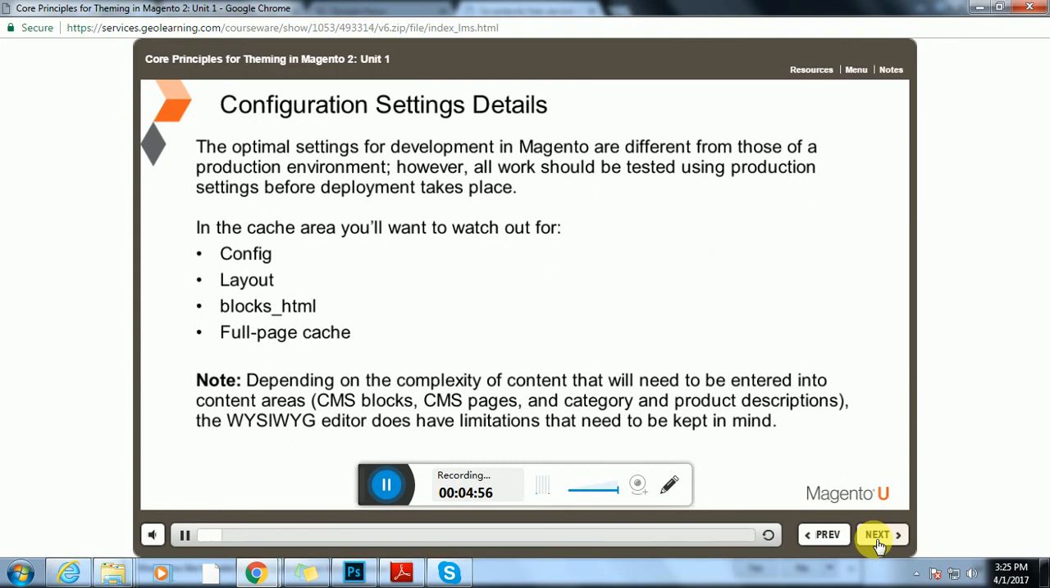Best practice: the optimal settings for development in Magento are different from those of a production environment. However, all work should be tested using production settings before deployment takes place. In the cache area, you'll want to watch out for config, layouts, blocks_HTML, and full page cache. You can turn on the developer mode using the .htaccess file. Set environment mage_mode developer,